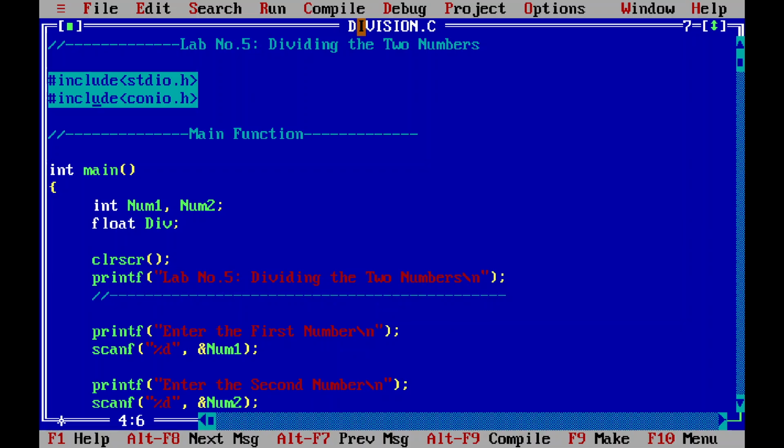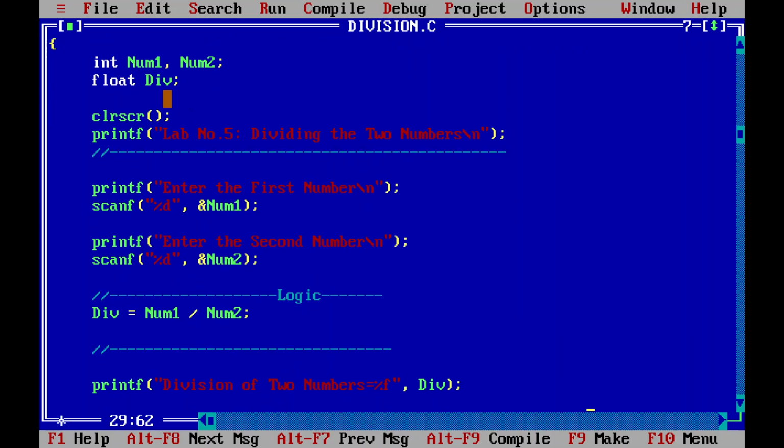First of all, we have taken the name of the program, which is a good practice. Always write the comments, which is very important. Then, before the main function, we have written the standard input output and the conio.h headers, and afterwards we have gone for the declarations. The floating division is important because some values in decimals may come, so accordingly we have taken float values. Then clear screen, and for lab number 5 we have taken the input output,